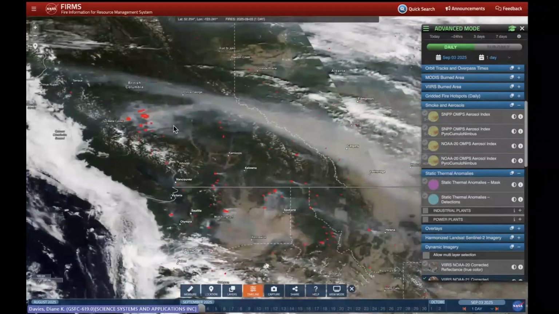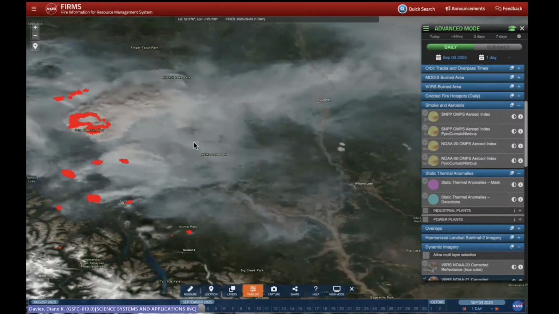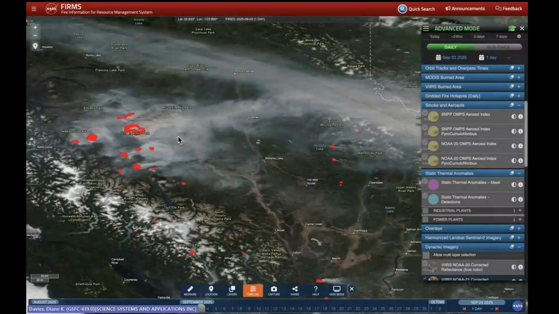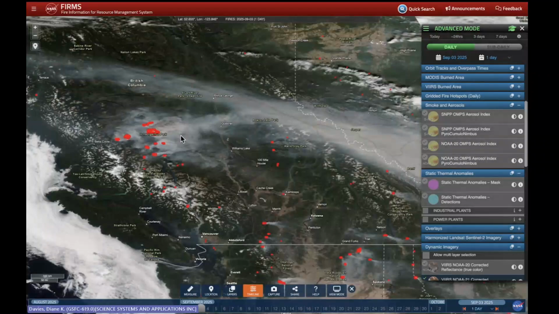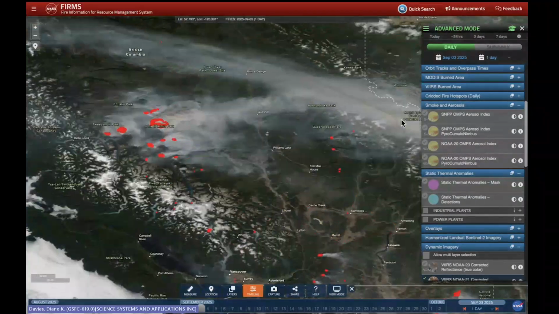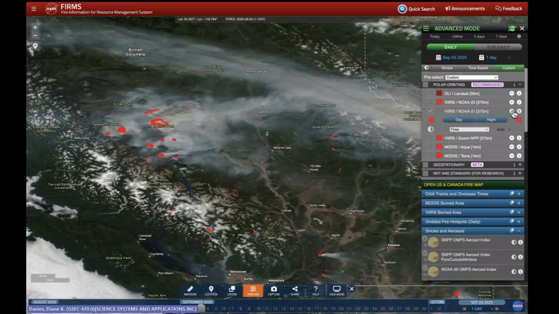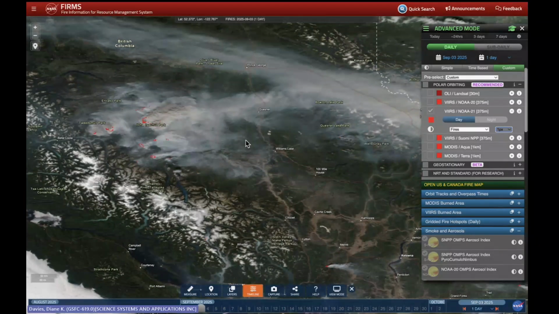So what we're actually seeing, the pyrocumulonimbus events, you can actually see them pretty well here. But what's happening is the higher values in terms of the aerosol index only show when the smoke has been lofted into the air and is being transported. But yeah, just to show you quickly what it looks like, I'm going to just put on the VIIRS 21 active fires. And again, if you want to just match the daytime fires with the imagery so it's coincident, you can even, again, change the size of the pixel